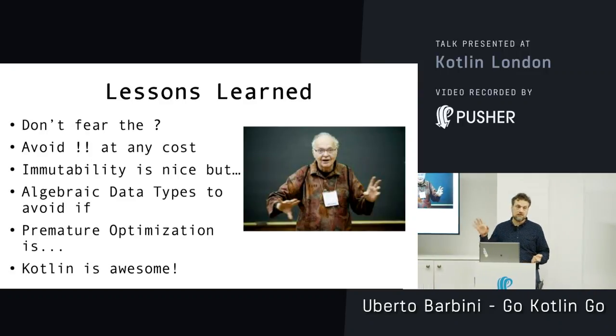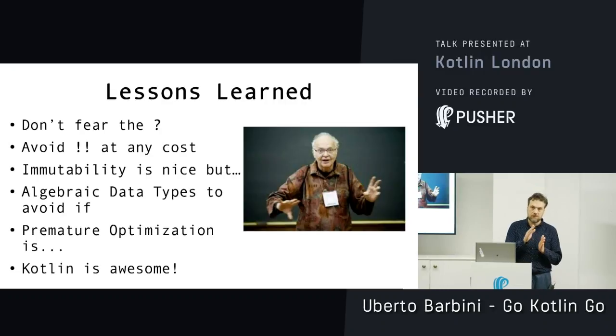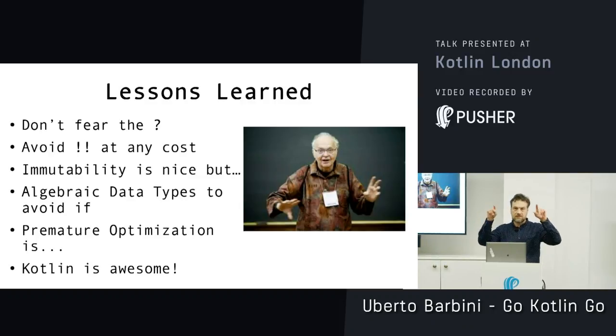Immutability is very nice. It's fantastic. But there are also some performance issues. So if you are in very, very high performance code, maybe you want to verify, because sometimes it helps the performance, sometimes it's not. So it's something we can maybe look at in some code. Algebraic data types, which are the sealed classes where you have several instances, are great things. And they can really help both performance and simplify the code.